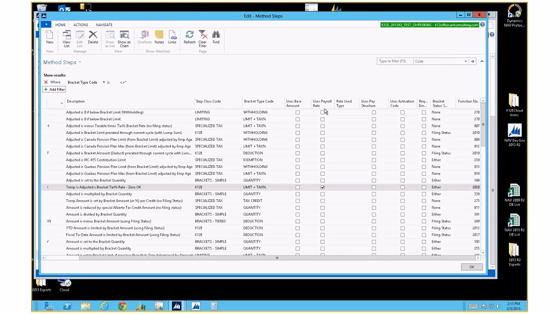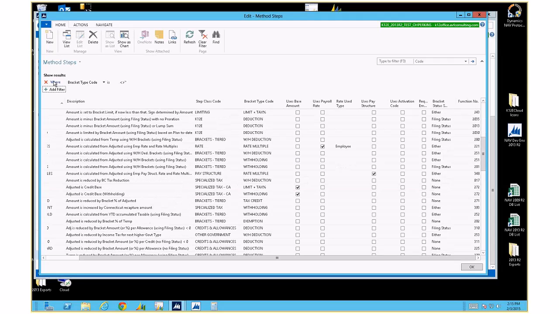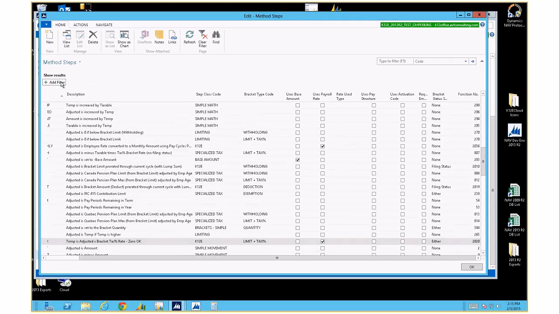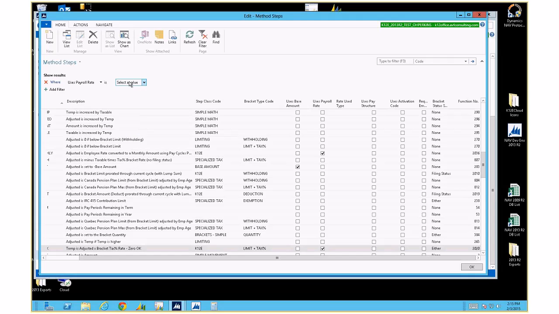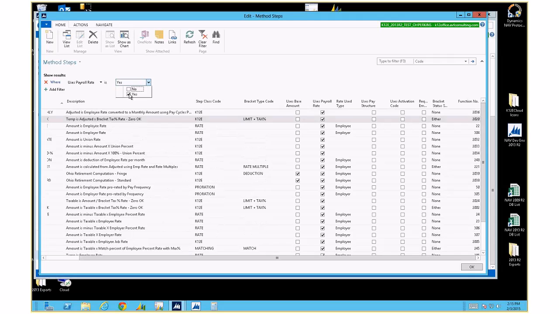Okay, use payroll rate and then rate code used. So payroll rate, that to me seems unusual. Let me just go ahead and kill that out, and let's add another filter, payroll rate. Yeah, and amount is union rate. So